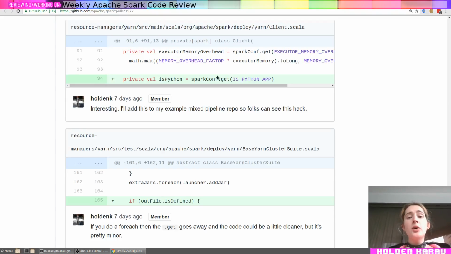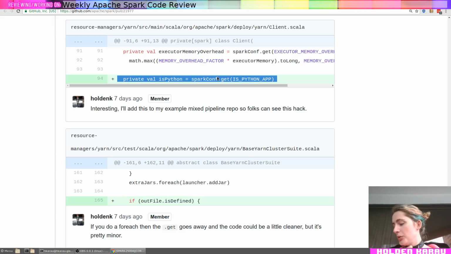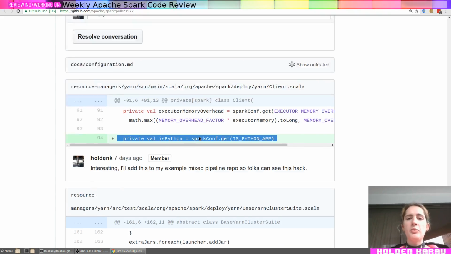So this is one of the useful things, that now to make this functionality work, your application has to be detected as a Python application. And one of the projects I maintain is called Sparking ML, and it is a mixed language project. Livy can also be a mixed language project. And so they already set this, and I don't, but I'm going to have to start setting this in one of my own projects.